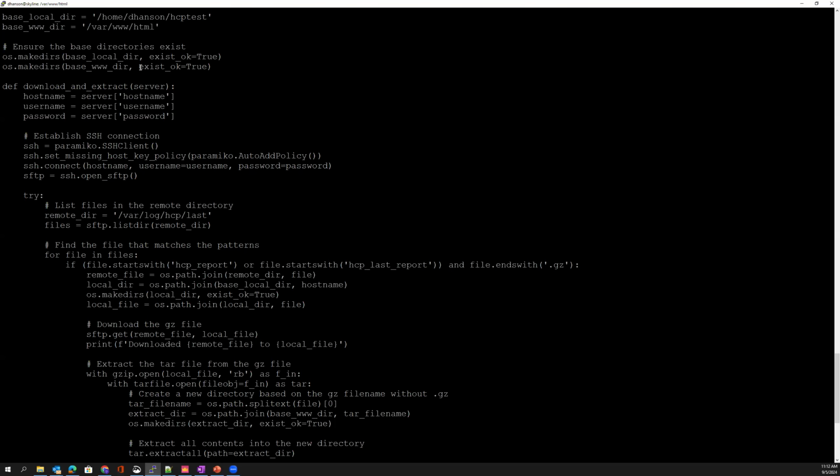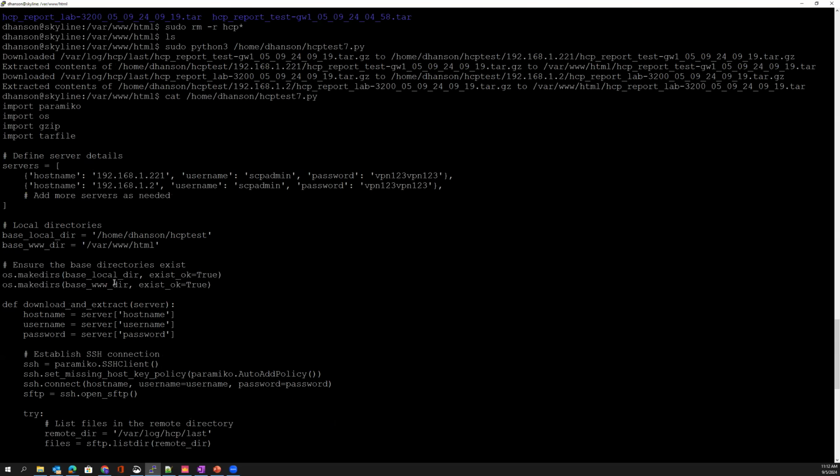You'll see, let's see, we'll get started right here. This is where I cat'ed it. It's Python. It goes out to my devices with IPs. I don't have host names on them. It grabs a username and password, and goes to my local directory on this Ubuntu server, which shows a base directory of my web